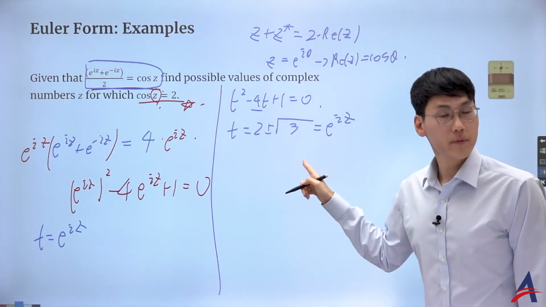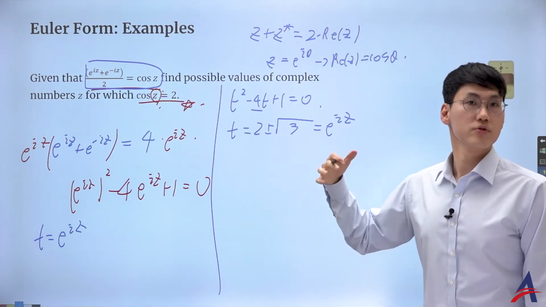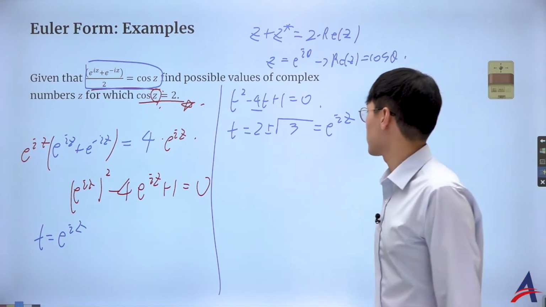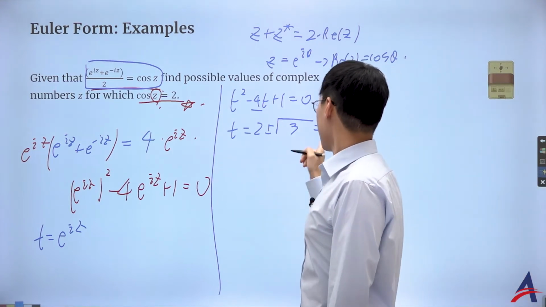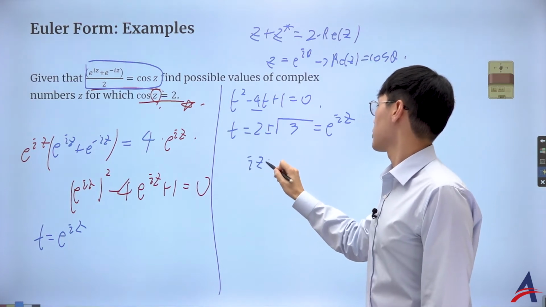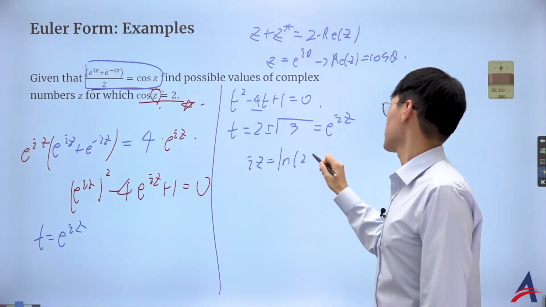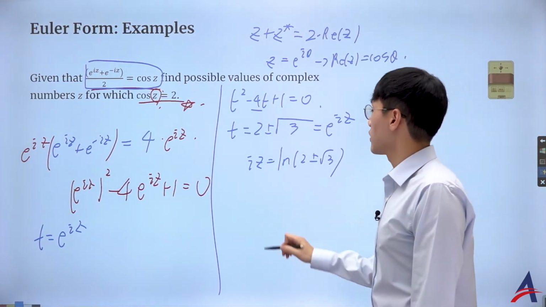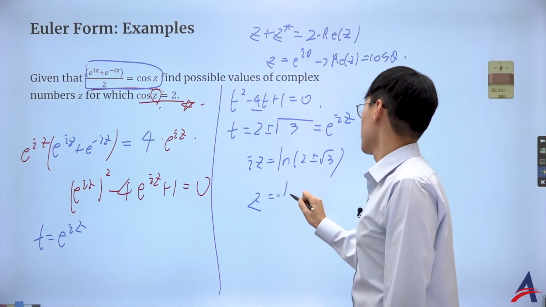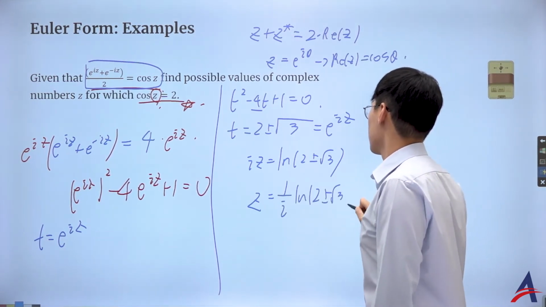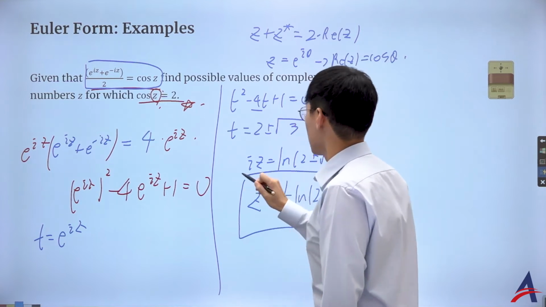And both of them are possible because 2 plus root 3 and 2 minus root 3 are both positive. It's okay for the exponential function. So that's great. Then I'm going to put it into logarithmic form. So iz is going to be ln of 2 plus minus root 3. Oh la la. That is within the domain of a logarithmic function. That's great. So z equals 1 over i times ln of 2 plus minus root 3 is going to be a solution for this hideous